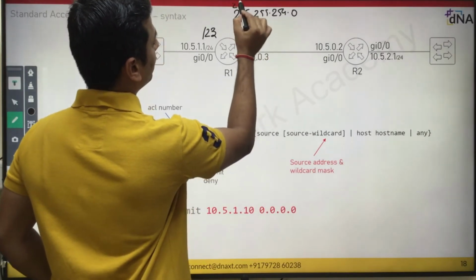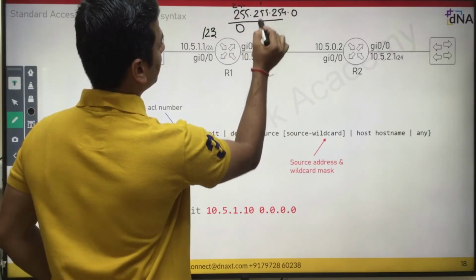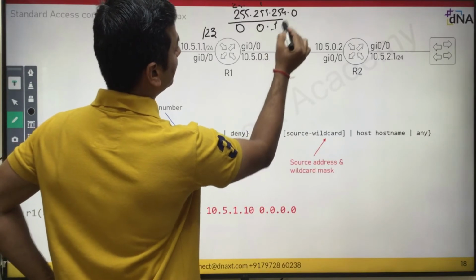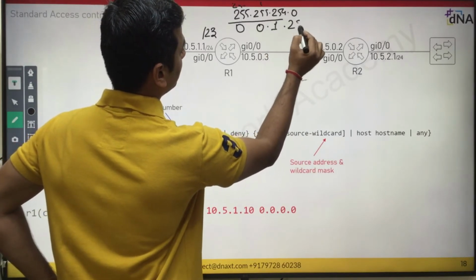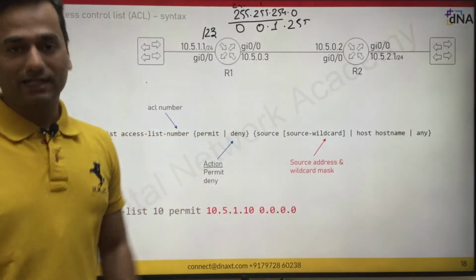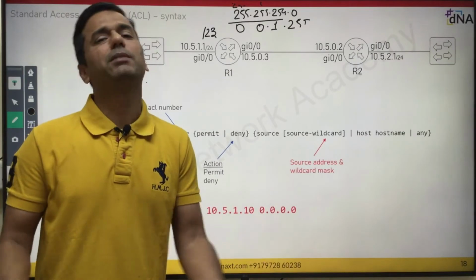Subtract everything from 255: 255 minus 255 is 0, 255 minus 255 is 0, 255 minus 254 is 1, and 255 minus 0 is 255. So 0.0.1.255 is your wildcard. So all 255 minus your subnet mask. That's it. It's a very simple process, guys.